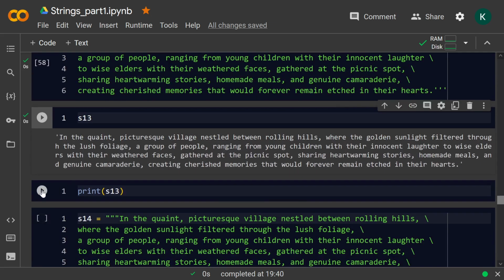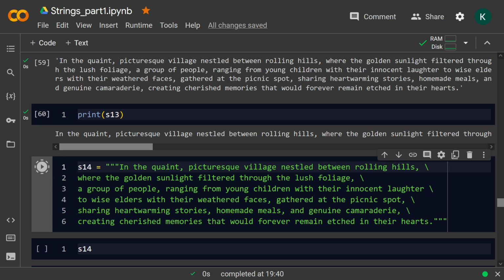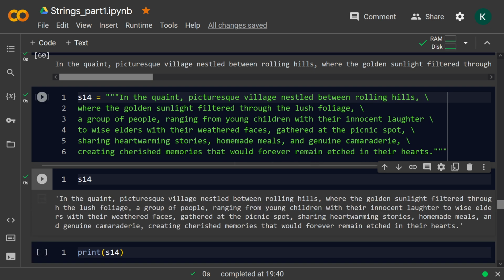No difference at all. Just to demonstrate how flexible everything is here. Okay, so now